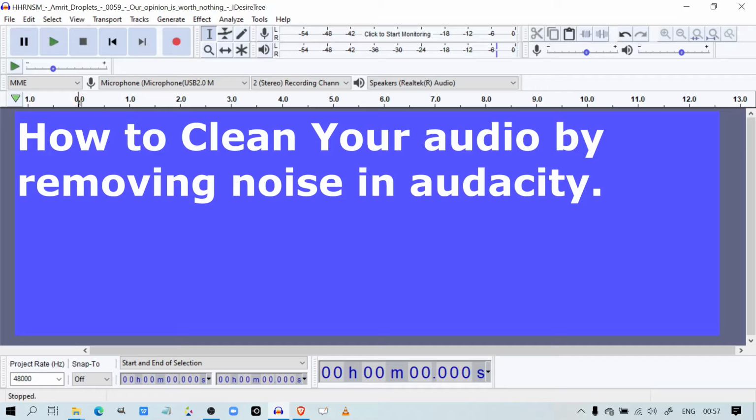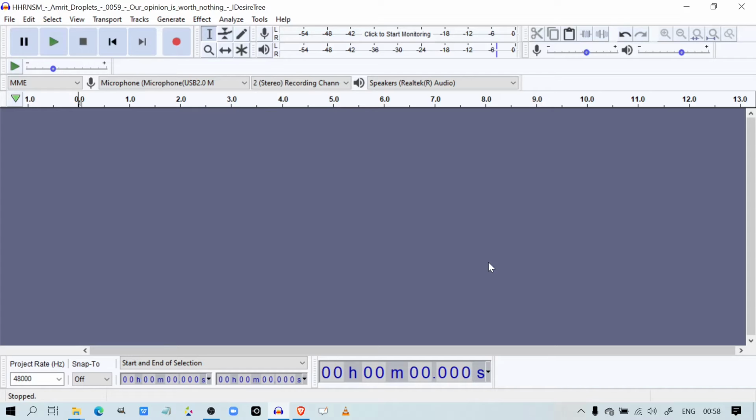So today we are going to learn how to clean your audio, how we can remove any noise which comes up in our audio while recording, those sounds which we could not avoid at the time of our recording. Say a fan is running in the background, or let's say a dog is barking at a distant place, and some background noises which are continuous sounds coming in the background which are not in your control and that have come up in your audio. How can we remove those from our recording?